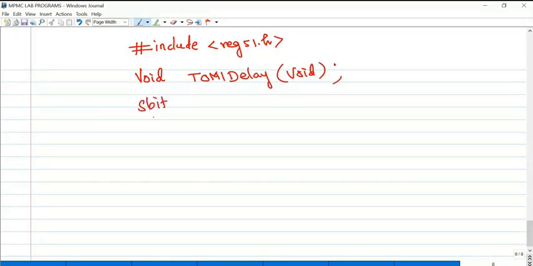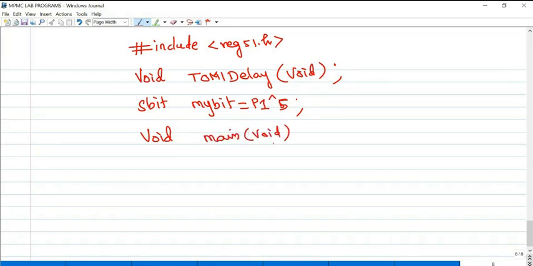Next, sbit, single bit. I'm giving some name: my bit is my name, for port 1 fifth pin. So this is my user defined name, mybit.